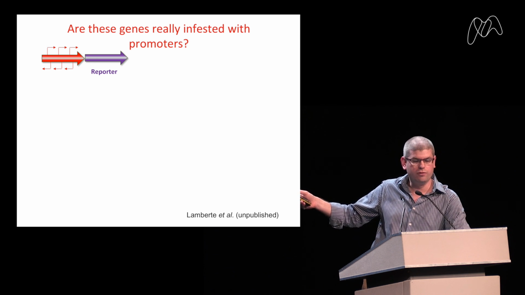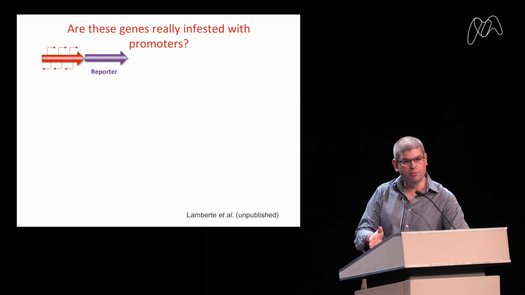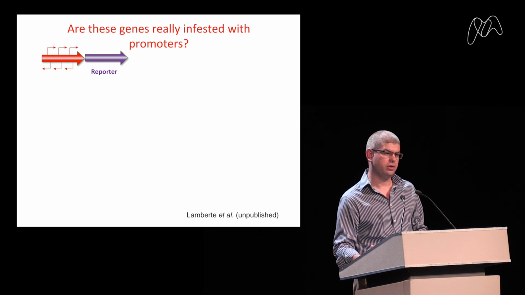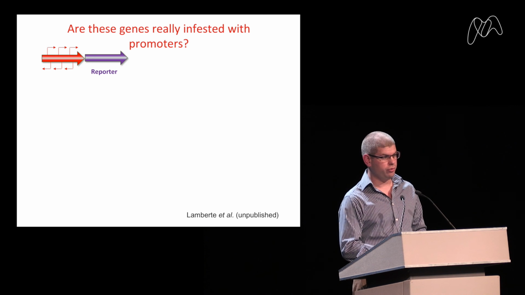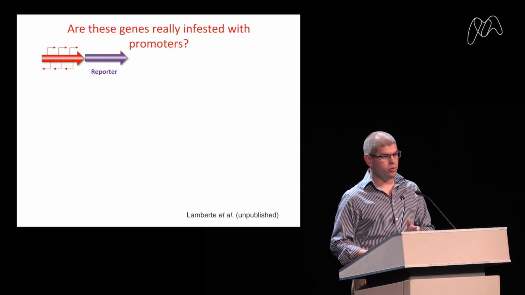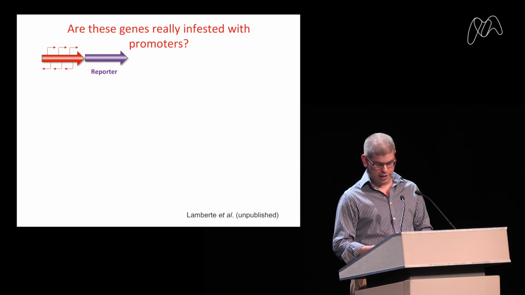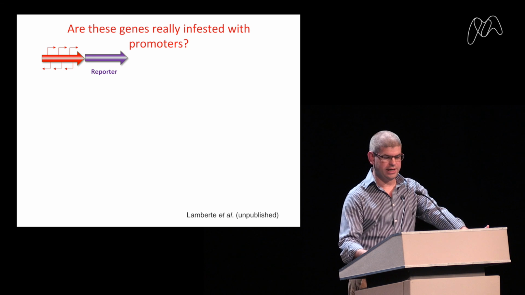Okay, and again, when we've cloned the genes in these experiments, we've just taken the sequence from the start codon to the stop codon of the gene, so there's no upstream promoter DNA, and the only way that the reporter can be expressed is if there are promoters located within the sequence of the gene. Okay, I said it was more complicated in the cell,